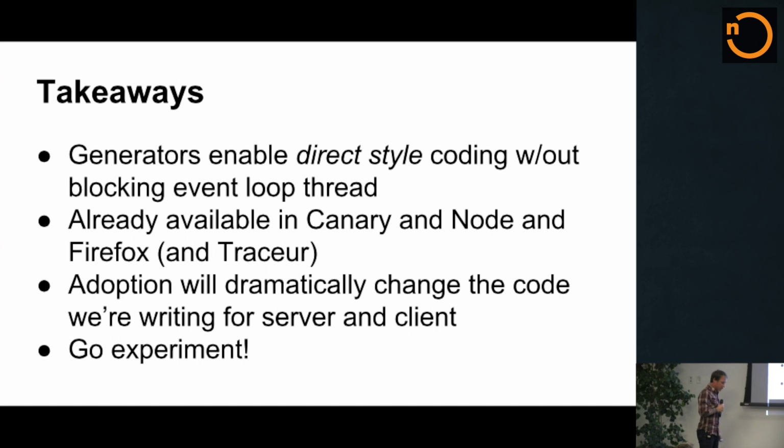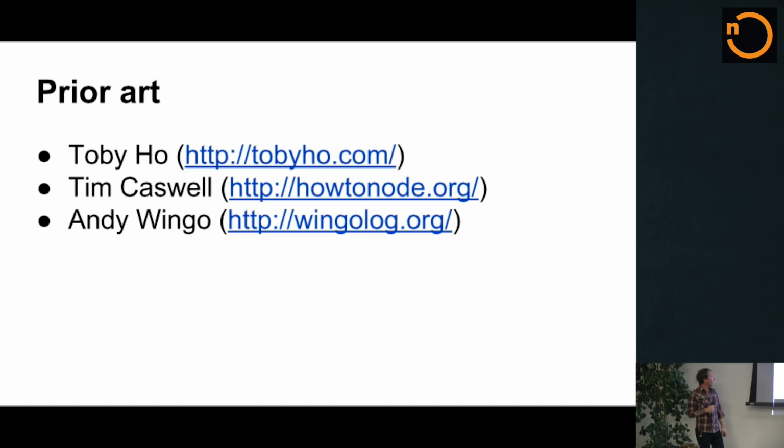Check out es6-gen.herokuapp.com if you want to see some working examples of the stuff that I've talked about today. I want to give some acknowledgement to Toby Ho, Tim Caswell, and Andy Wingo on the V8 team. These fellows have excellent blog articles and have been talking about generators in JavaScript for a long time, back into the JavaScript 1.7 Mozilla days, which was several years ago. Andy Wingo also has an excellent blog article about ECMAScript 6 generator performance in V8. So if you're going to give me a stump-the-speaker question about performance and generators, I'll just point to that link and tell you to go forth and read.